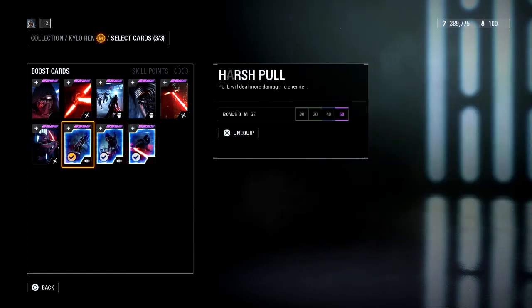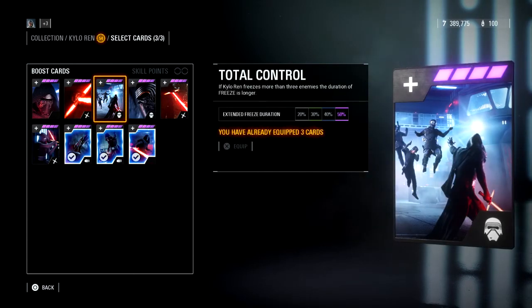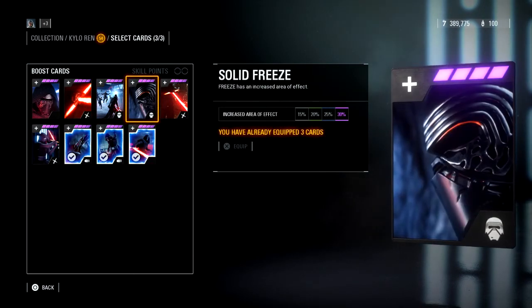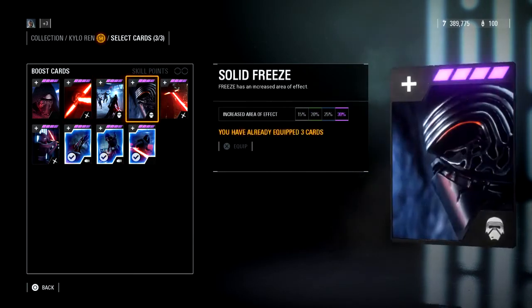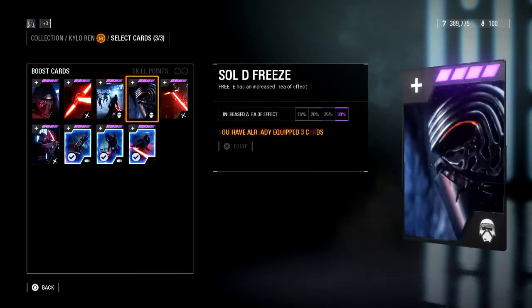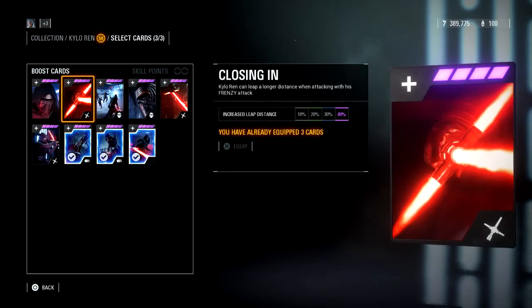So I will pick these three for trooper modes, and then occasionally I could swap them out for total control or solid freeze, and then that's just favoring that over his pull. But you want to focus on those two abilities, pull and freeze, because frenzy is good enough for the trooper modes. You don't need any additional help there. However,